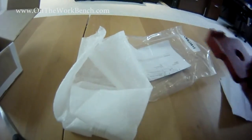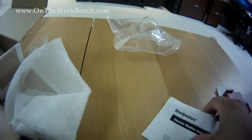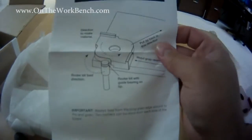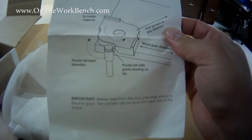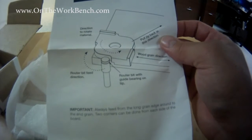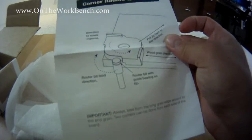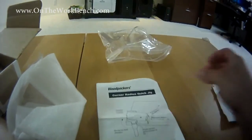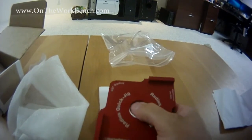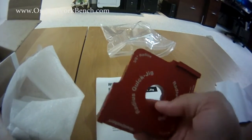It's made in the USA, and so if we look at the instructions that came with this, they even provide some handy reference material showing how to use this here with a flush trim router bit that has a bearing on top. And this is designed to be used in a router table, so you'd push this and line this up around, and then it should flush up to create the corner that you're looking for. As you pull it back, that's what the hole in the middle here is for, your thumb or your other finger to be able to hold this down onto your workpiece. I'll show you how to use this in the garage when we go outside and get the setup on the